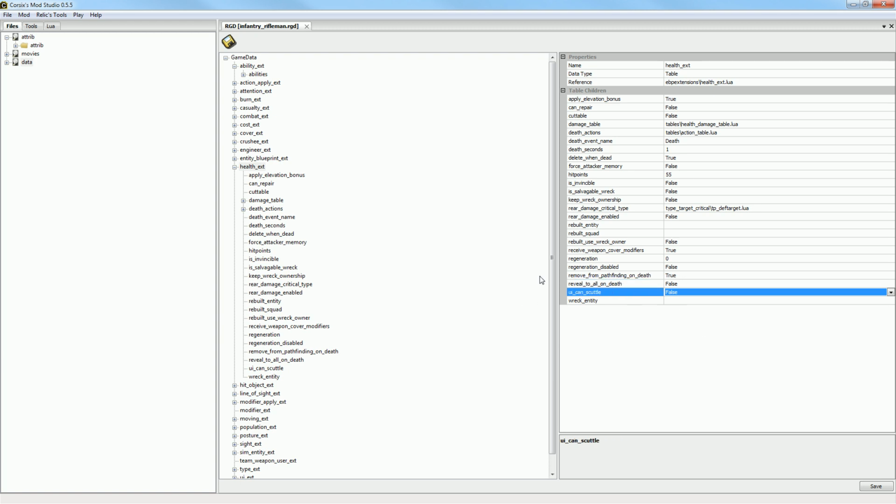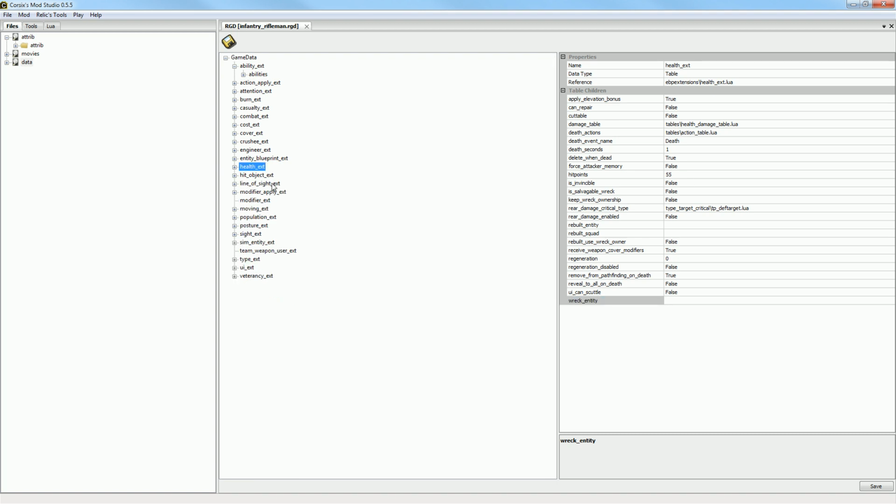Can it be scuttled? It's not really worth playing around with. For infantry, it's not really a thing to worry about. But for vehicles, they'll have a wreck entity, which is just another entity blueprint that's specifically a wreck. A lot of vehicles you don't need to have a wreck entity, but if you want it to specifically be different,